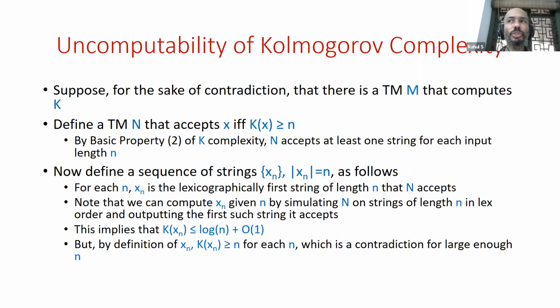So a Turing machine corresponds to a program, and any program has a fixed length. The point is that the length of the program doesn't depend on the input of the program. The program might get some input, but how you describe the program is independent of that input. So it's some constant that's independent of the input that the program gets.